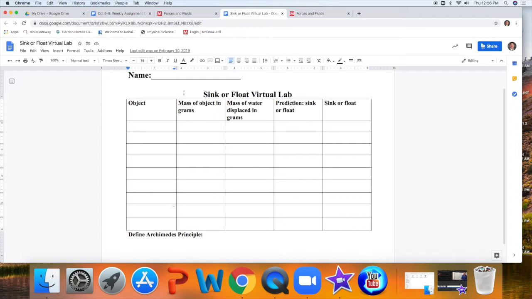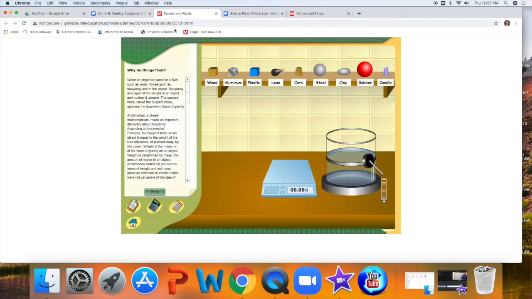Then we're going to learn how to calculate the mass of the water, and make a prediction, and then give us a final analysis. Because once we've completed this and filled this out, we'll have a better understanding of how we can determine if something is going to float or sink. Back to our instructions. When an object is placed in a fluid such as water, forces such as buoyancy act